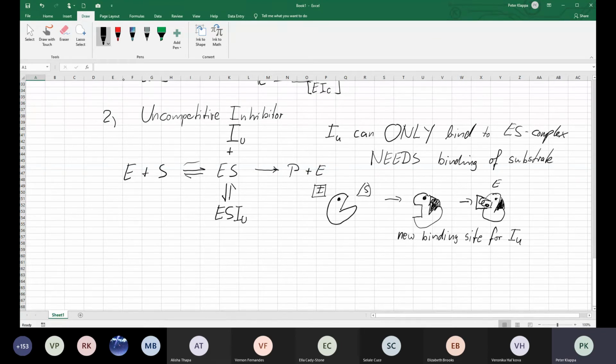That's the ESI complex. And when this complex forms, no further reaction happens. So the uncompetitive inhibitor,